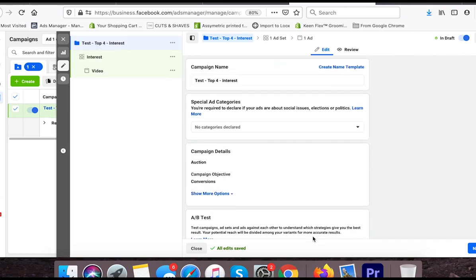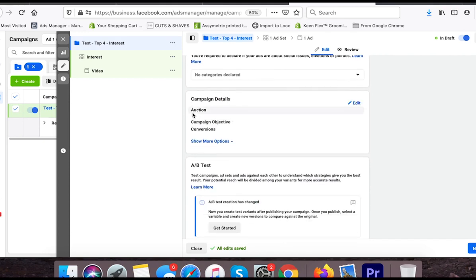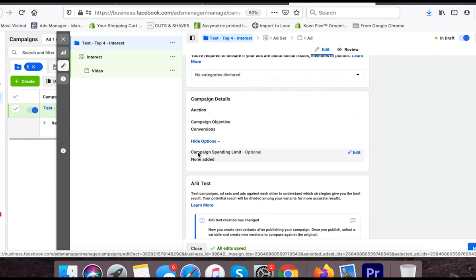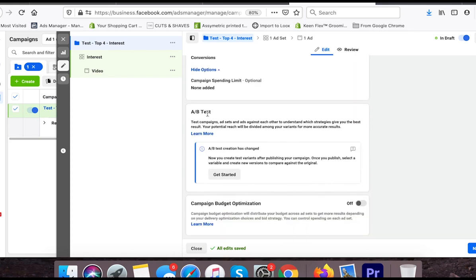Now, the first category is where you're going to adjust your campaign settings, right? So you have your campaign name here. You have campaign details, which is the auction, so just leave it alone. You can click more options, but this is stuff like the campaign spending limit, where you put a cap on what you're spending. You can do that as well. Your A/B testing, so you can split test campaigns, and your campaign budget optimization. By default, this usually comes off,